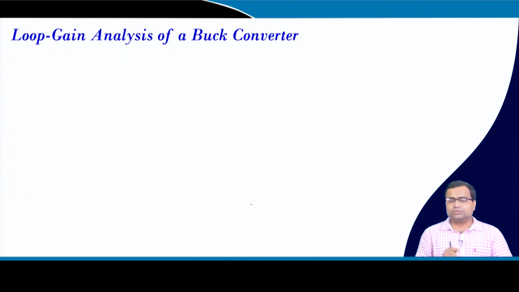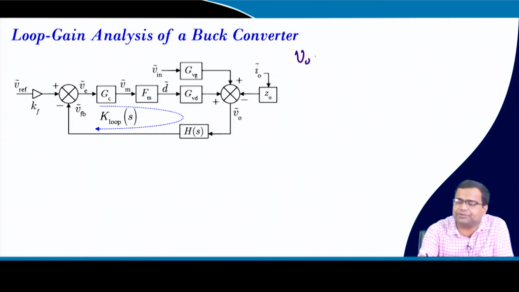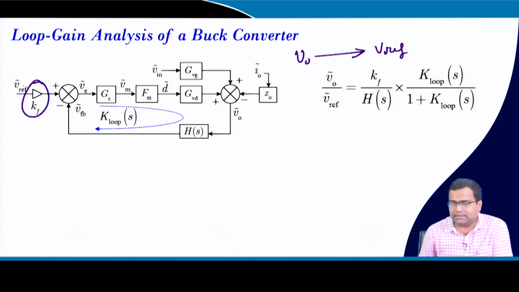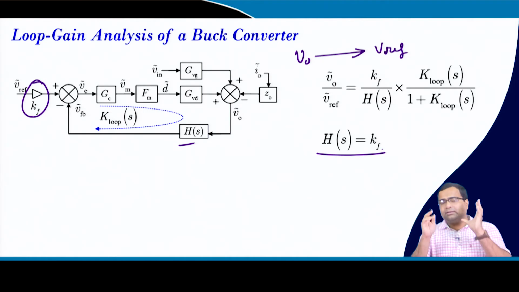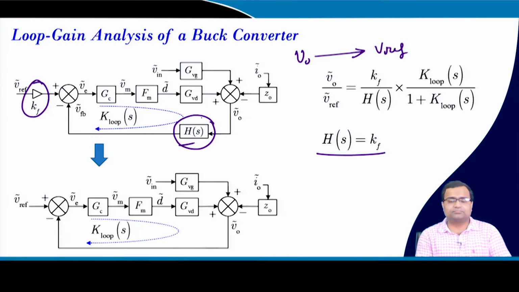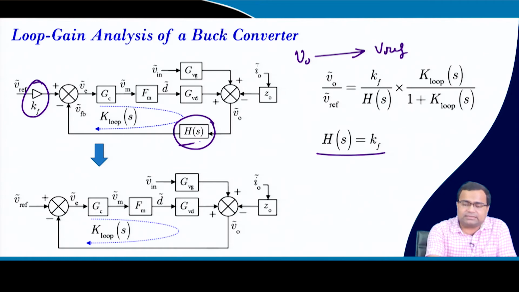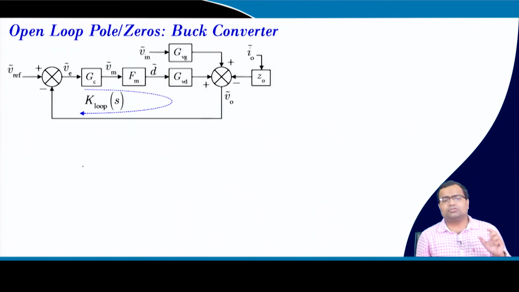Okay. So, the loop gain analysis of a buck converter, as I said, we need to map between V0 and Vref. If you set a Kf gain here, then we should set the gain of the resistive divider to be Kf. If we put a unity gain buffer, the bandwidth of the op amp is very high, so you can ignore that transfer function. Since this will be replaced by Kf, we have a Kf here and Kf here, so you can remove this, and this will be the loop transfer function.